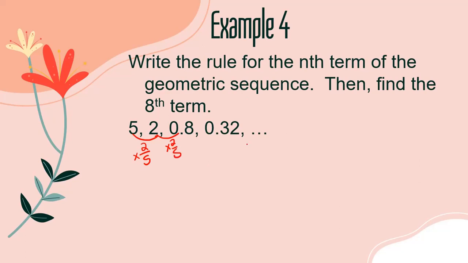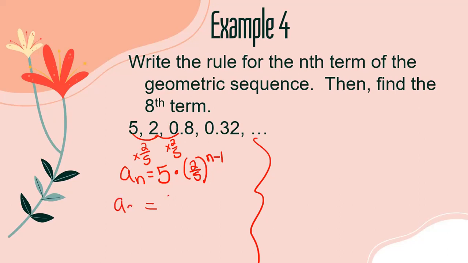That's my common ratio. So again, I'm going to write my rule using the formula. The first term is 5 times my common ratio, which is 2/5 to the n minus 1. Then it asks me to do the 8th term. So that's me plugging in 8 here. So a sub 8 is 5 times 2/5 to the 7th power. So 5 times 2/5 to the 7th power on my calculator gives me an answer of